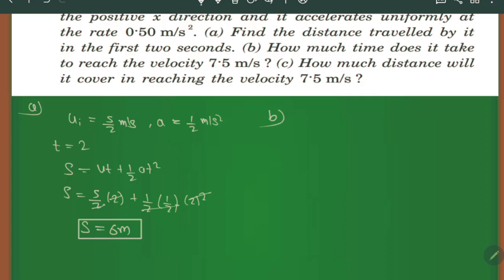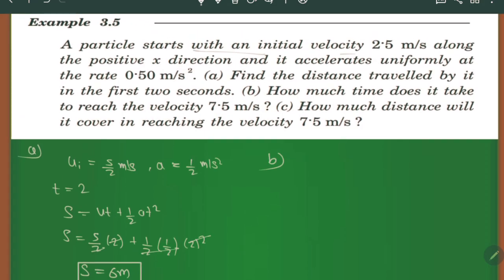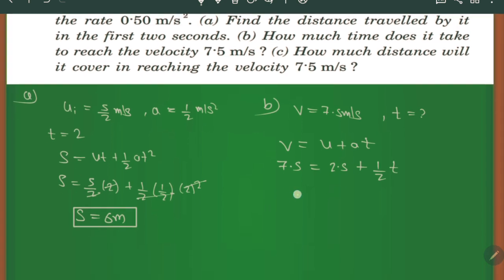Now the second question: how much time does it take to reach the velocity, meaning the final velocity becomes 7.5 meter per second? How much time do they take for this, right? So we know v is equal to u plus at. Final velocity is 7.5, initial velocity is 5 by 2, which means 2.5, plus acceleration 1 by 2 into t. So this comes out to be 5 is equal to t by 2, which means they take 10 seconds